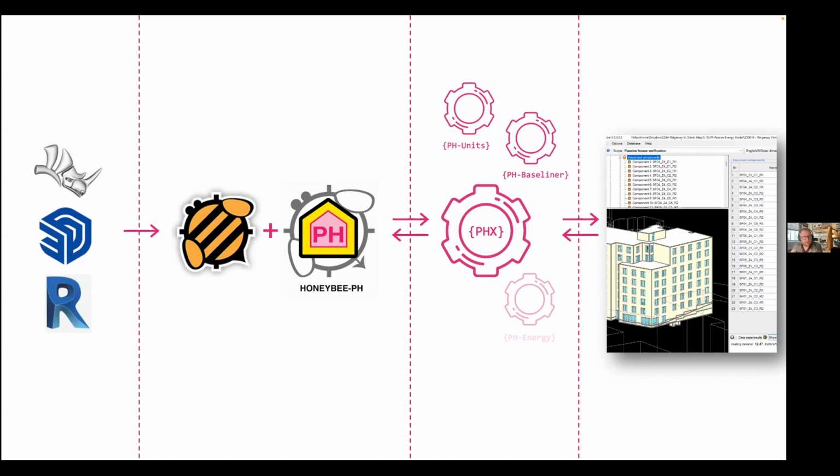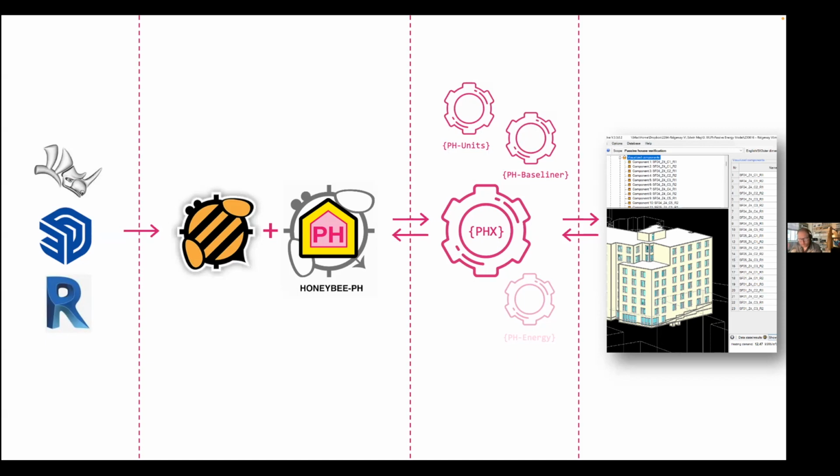The downside to all of this, the biggest downside, is that you can see it in the chain here, is just the number of different pieces of software which are being connected together. So in order to utilize these libraries, you have to know your building information modeling tool. So maybe Rhino, let's say in this case, you need to know all the ins and outs of Rhino and in particular the Grasshopper modeling environment, which is a complicated thing in its own right. You need to know or understand the Honeybee modeling process, which is like a whole other set of nomenclature and